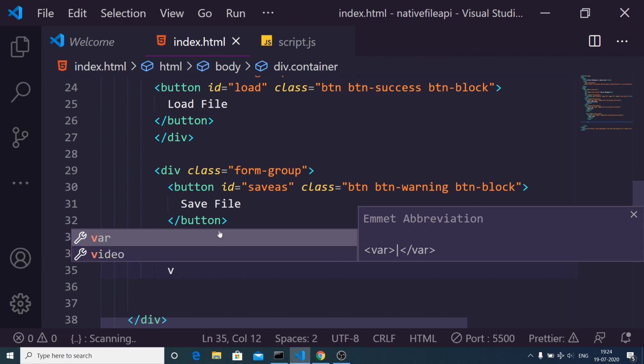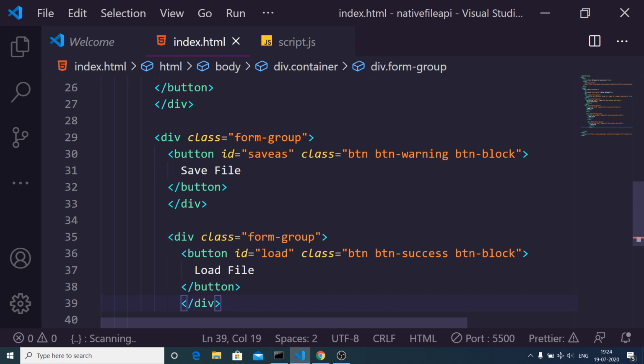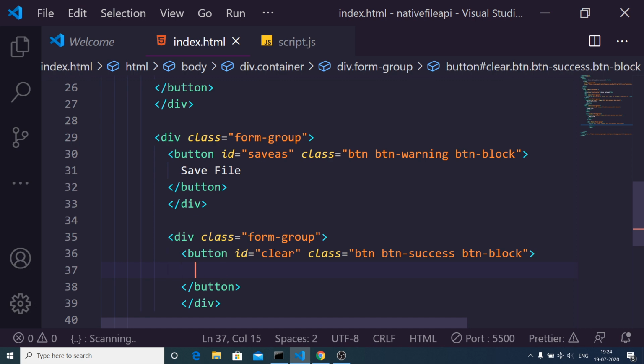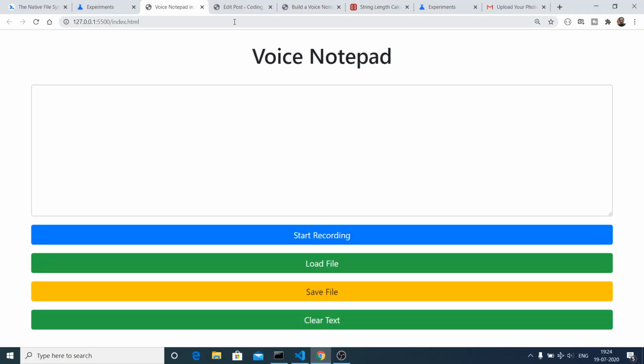Basically if you want to clear out the text, let me just paste it. This will be clear. Clear text, that's it.